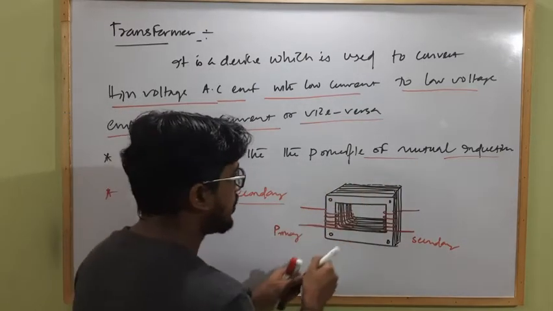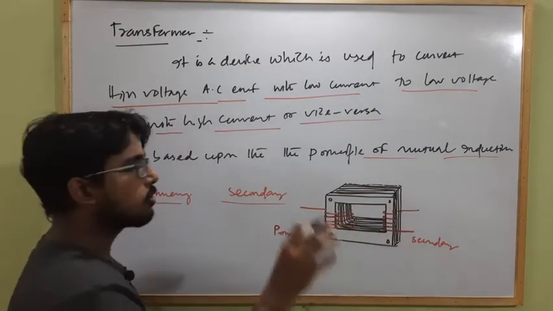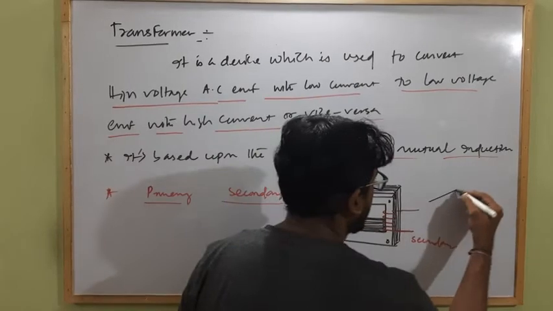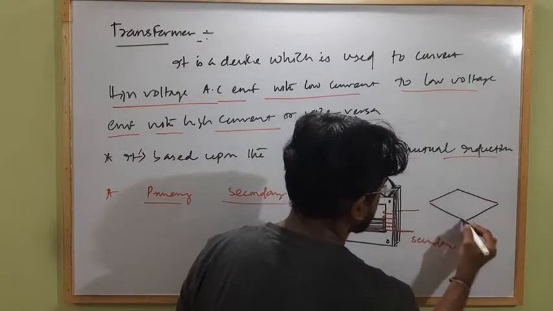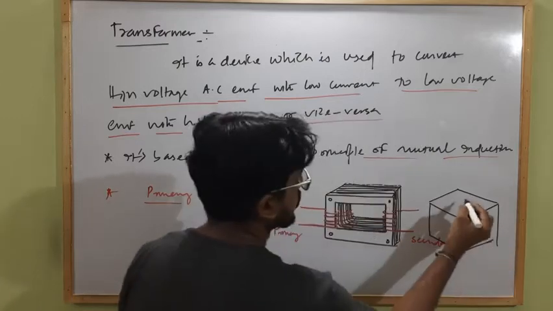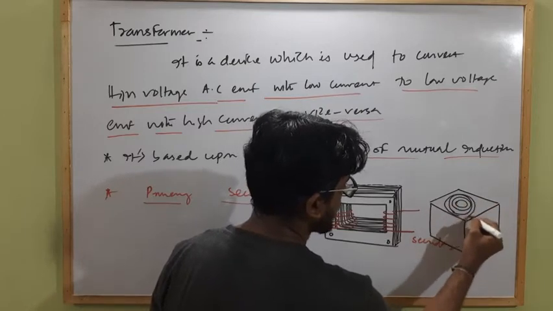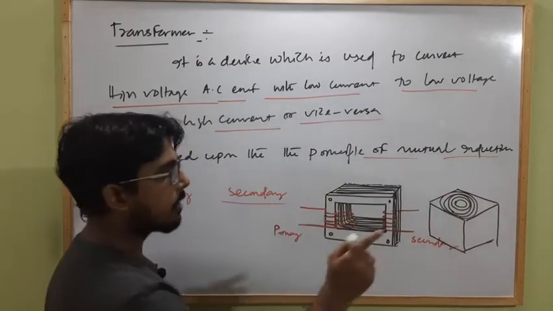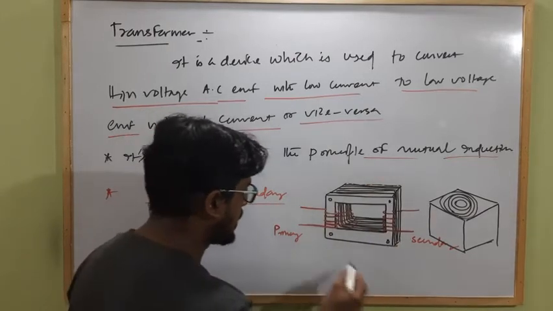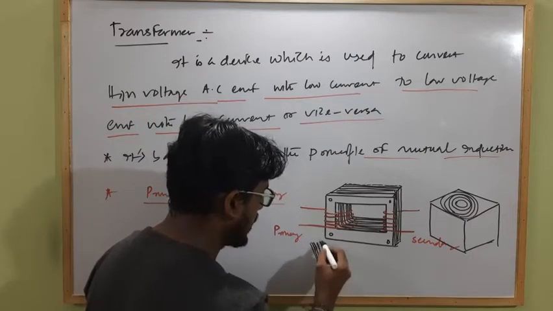As they are insulated from each other in different layers, the eddy current formed across this will be very small. So the energy loss due to eddy current will be very small, because if I am taking a complete cube like this, the eddy current will be produced like this through all over the surface of the cube. But as I am taking here thin sheets which are insulated from each other like this,